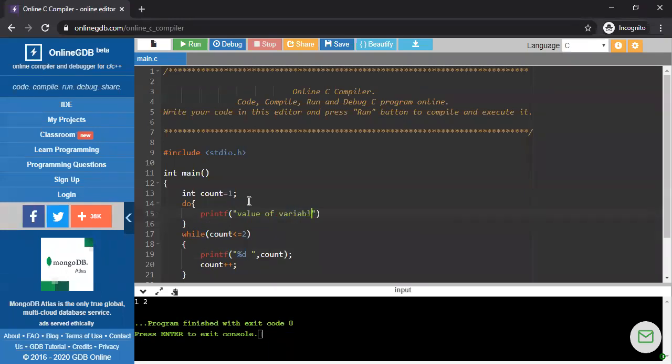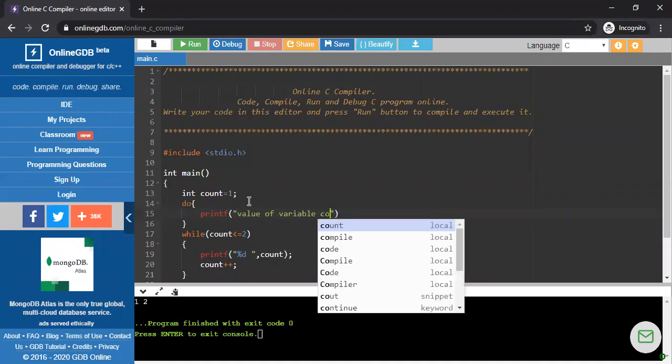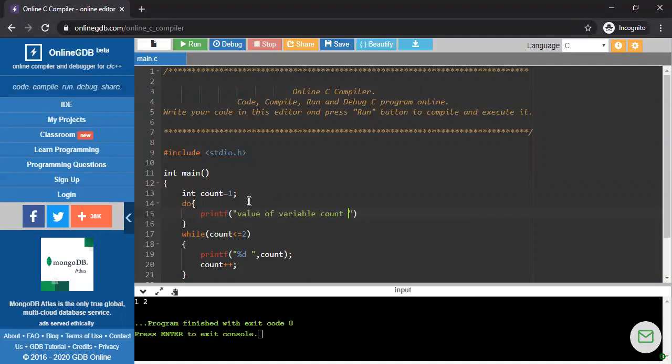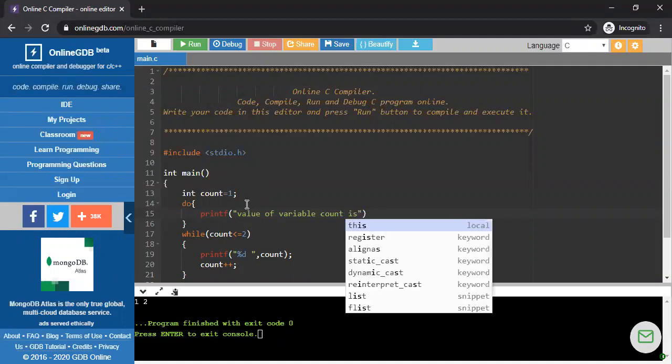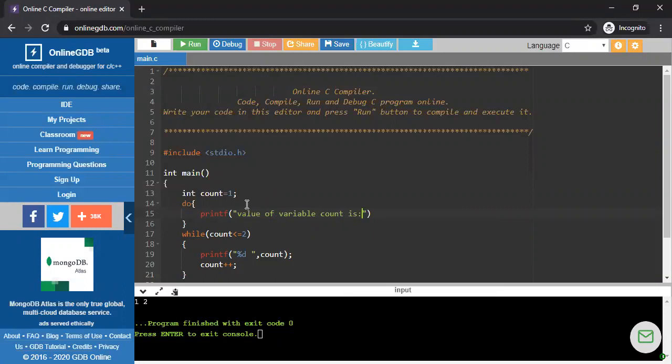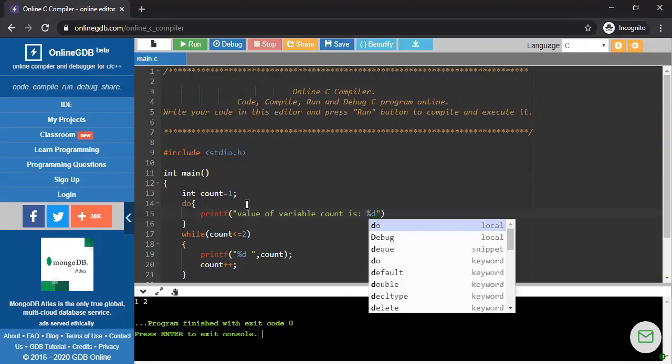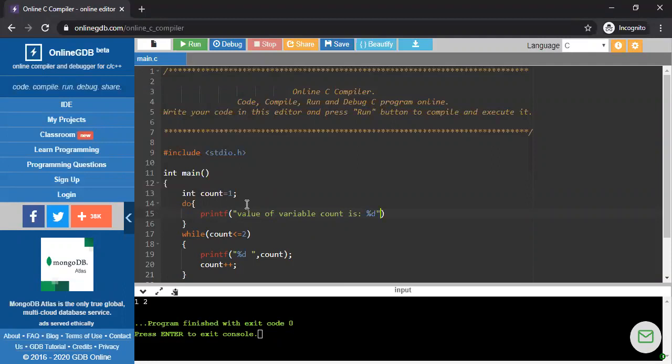variable count is %d, comma, count. Am I clear?